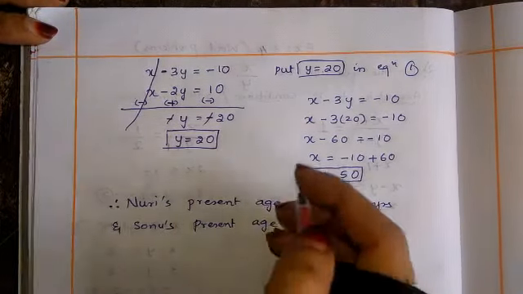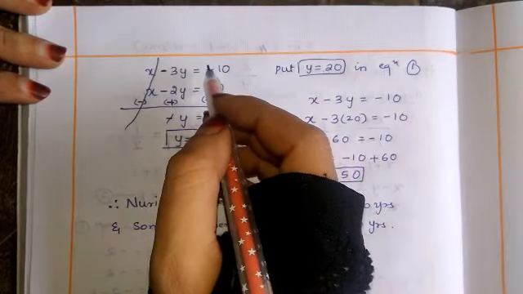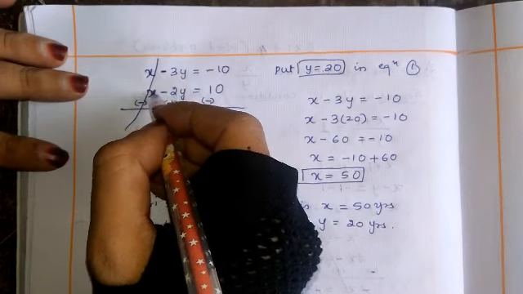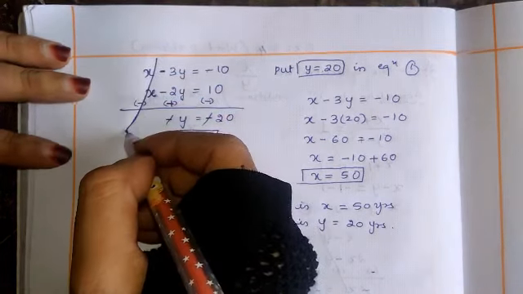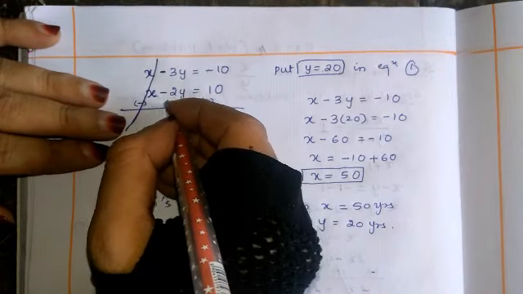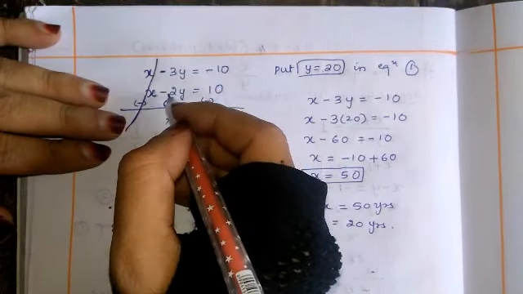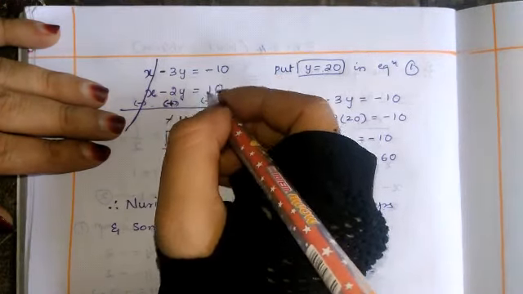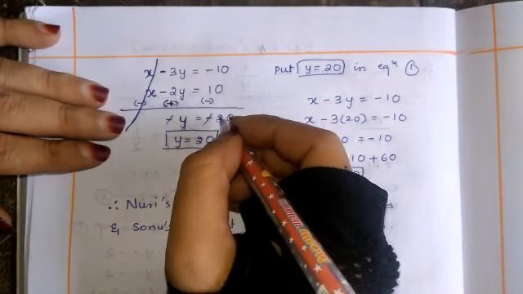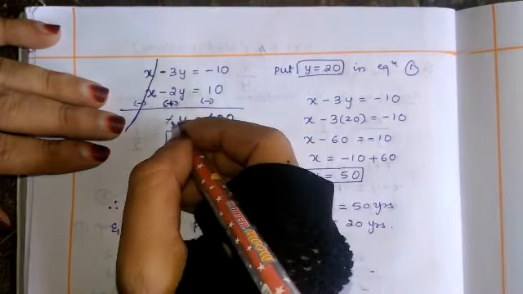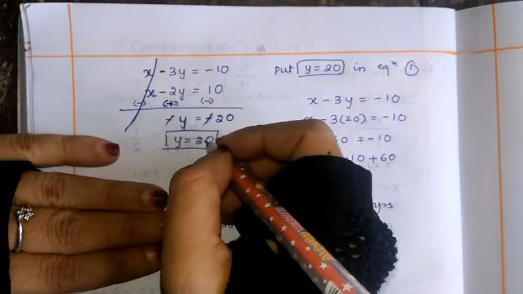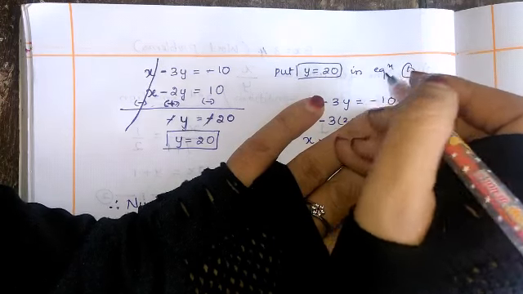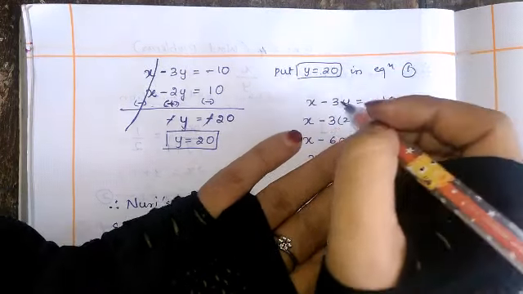See, let me continue here. I have taken equation 1 and equation 2 and I have solved. Here x is exactly the same, so I have eliminated x here. So I have changed the sign. Plus 3 minus 2 is y we got. And here x is equal to minus, that is plus 10 plus 10, 20 I have written. Minus got cancelled. y is equal to 20. So put y equal to 20 in equation 1. Then what we get?